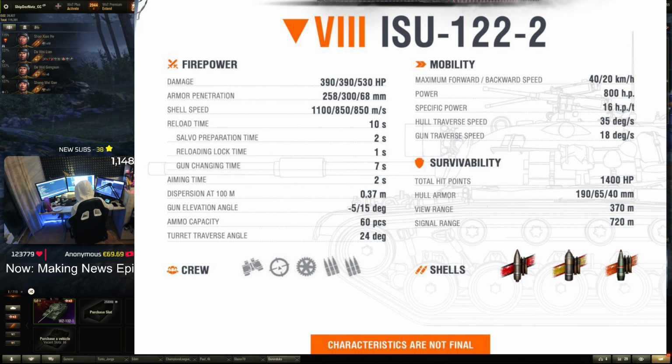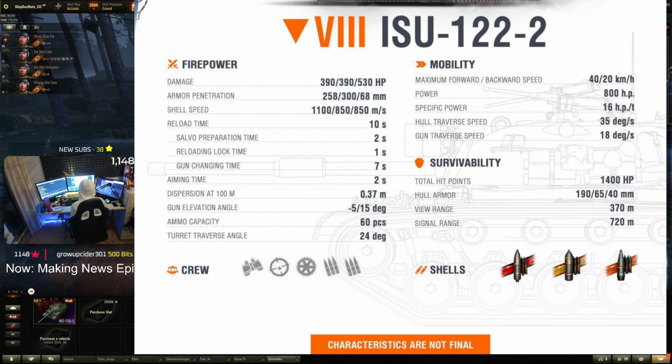So this is basically it. Commander, gunner, driver and 2 loaders in this vehicle. So